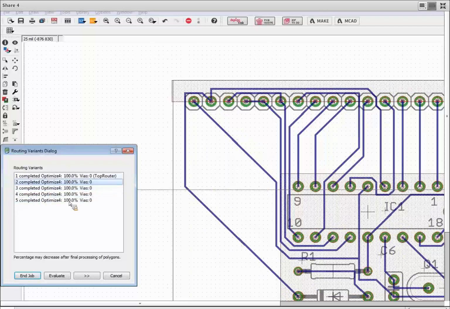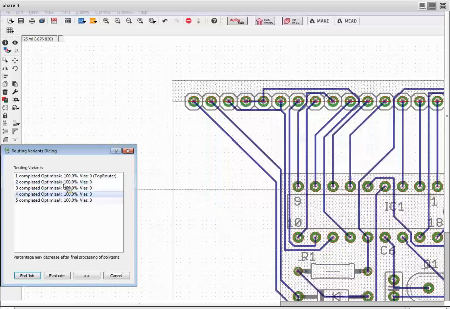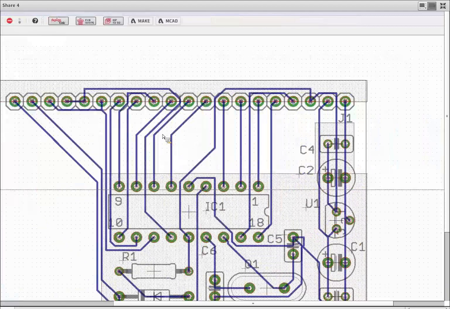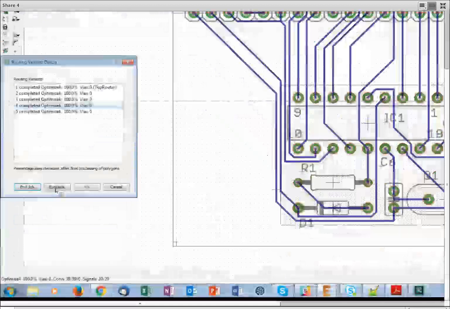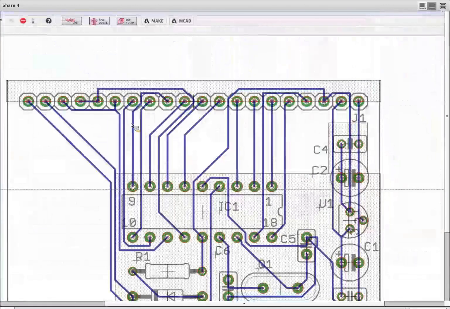Personally, I probably like either number 1 or number 4. Okay, at this point, let's say we had a much larger board and we were zoomed in, we couldn't see the entirety of the board. What you could do is you can click on Evaluate. You can go ahead and check out the route, explore the whole board, make sure you're happy with the end